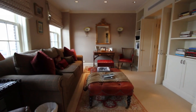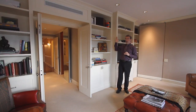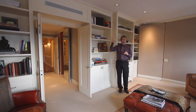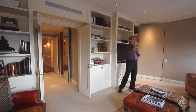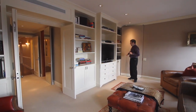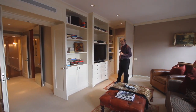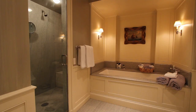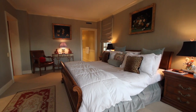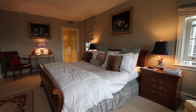Again, it would have been a bedroom and something else before. It's been opened up into a nice sitting room with these great built-ins along this side, the crown moldings we've seen throughout the apartment, and three nice big windows that give you views out over the entire north side of the city. And then behind this wall is where you find the master bedroom. Starts with a nice master bath, beautiful floors, and then a real formal nook for the tub. And then the master bedroom, which has, again, the crown moldings and the really stately feeling we felt throughout the